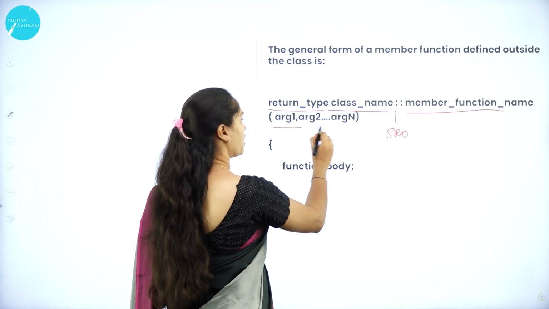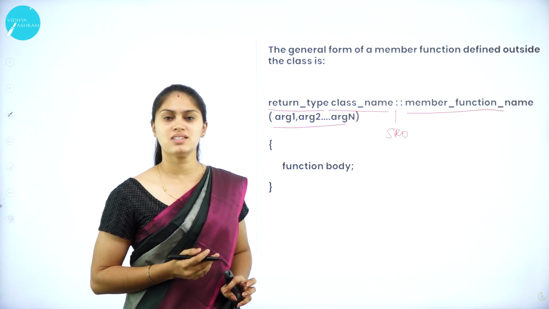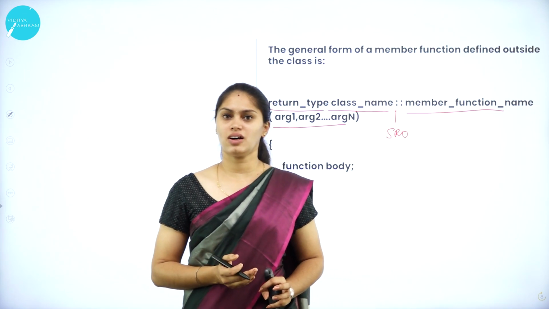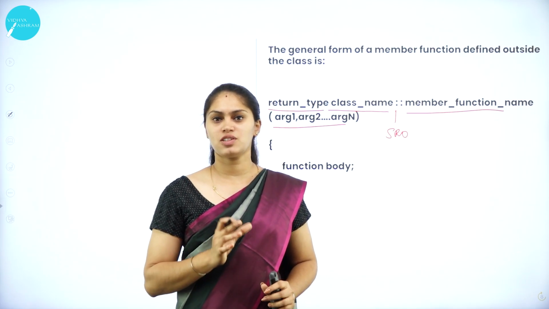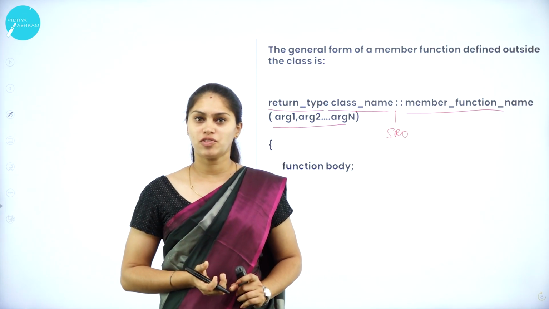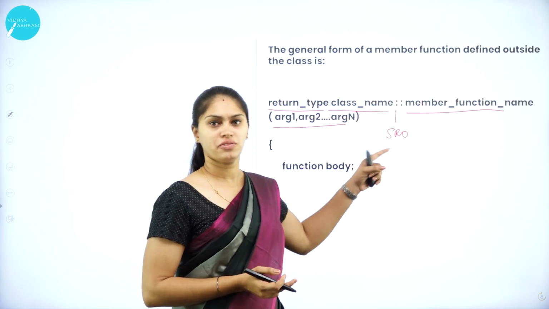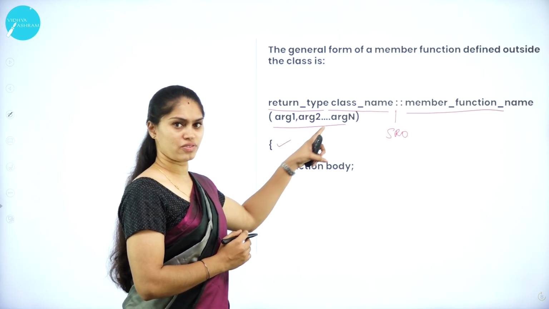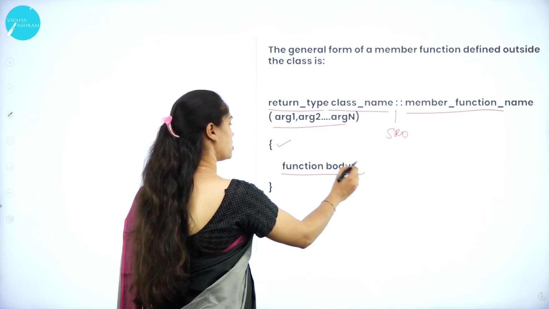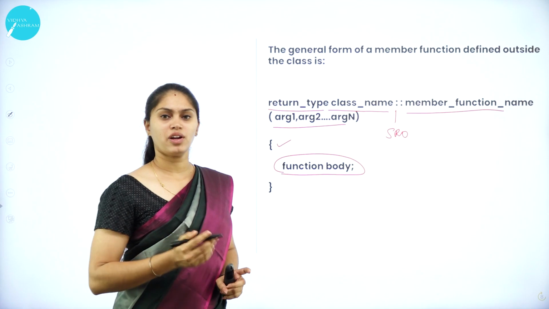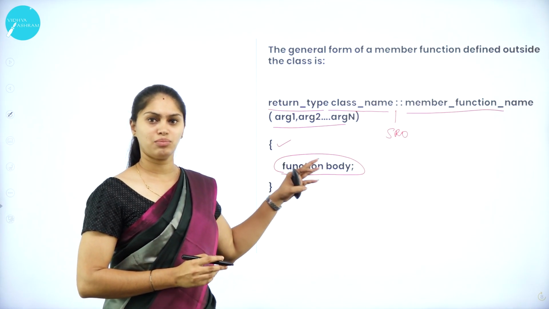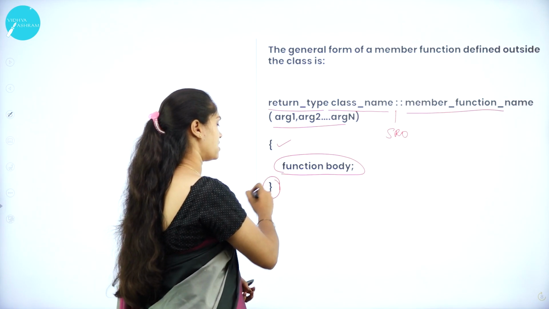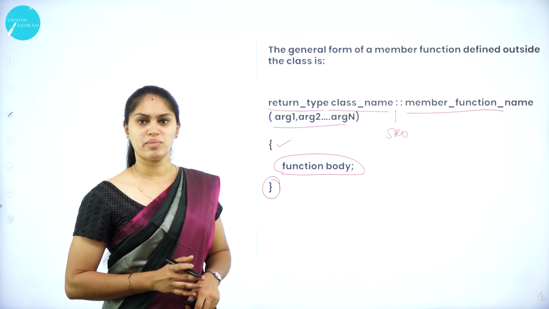And that is followed by the set of arguments or parameters. So this indicates the set of parameters or arguments that I can use. There are no restrictions on the number of arguments. You can use n number of arguments here. And this indicates the opening of the scope of this member function, and the function body comprises a number of statements. We can use any input and output statements within the function body, and then this indicates the closing of this member function.